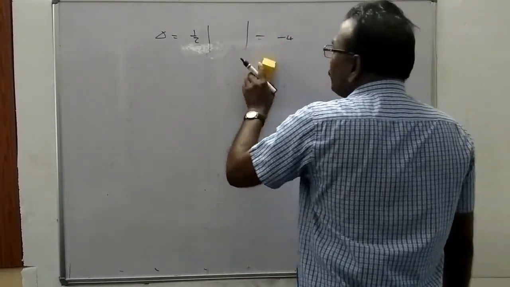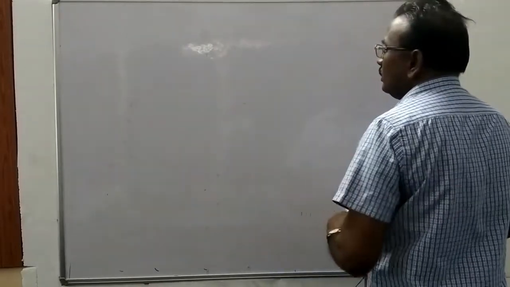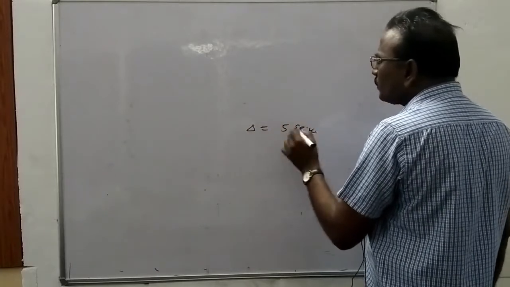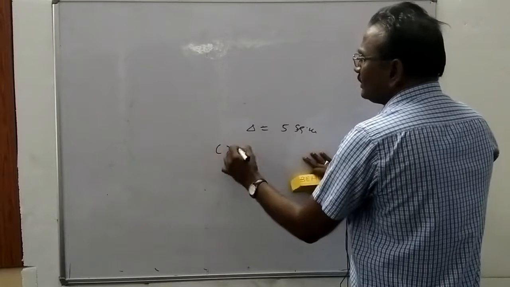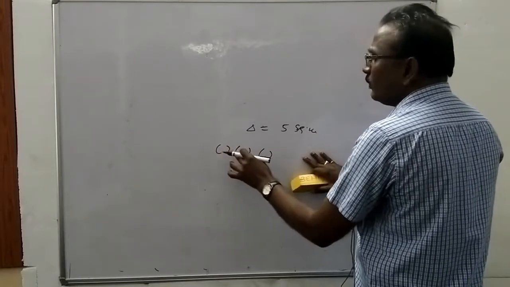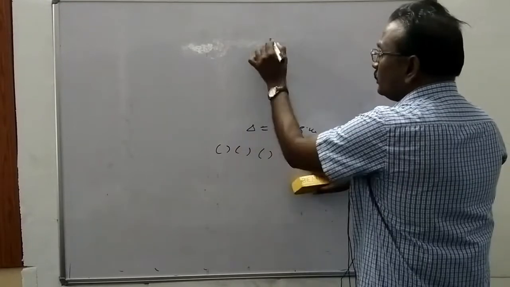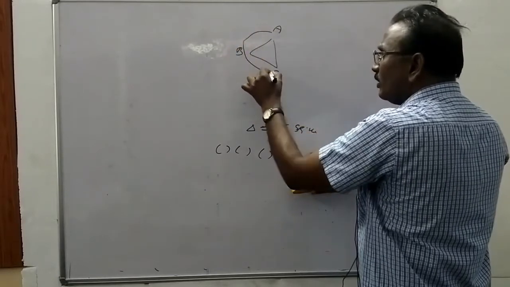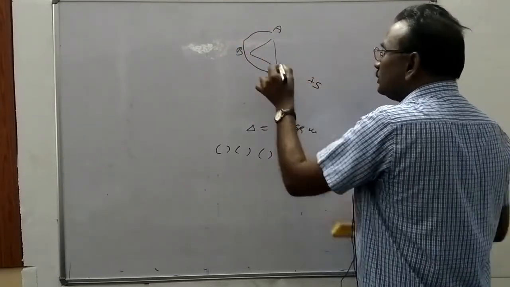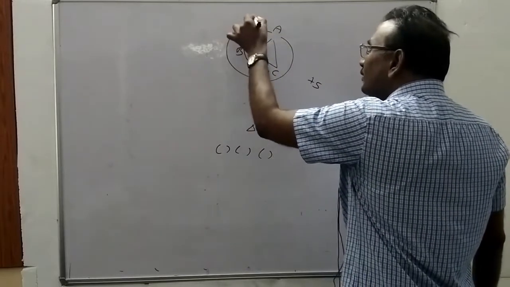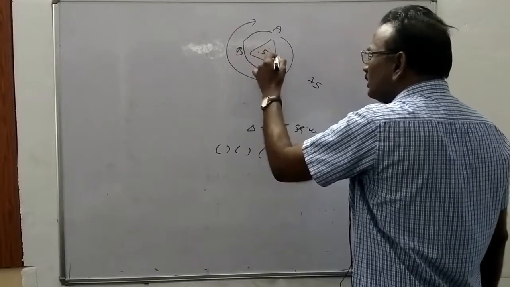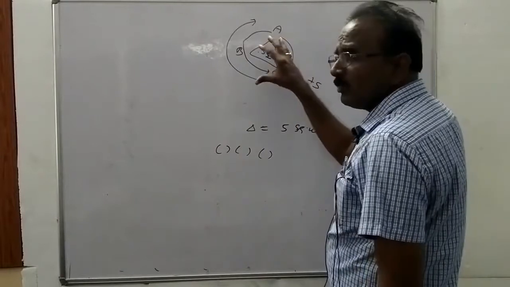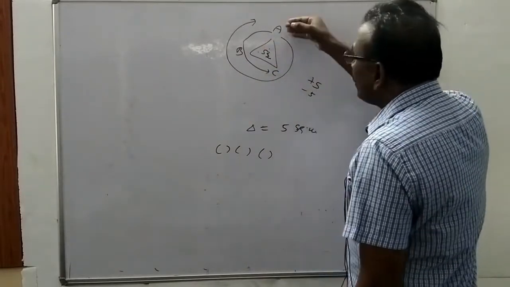Next, suppose the area is given, suppose the area of the triangle is 5 square units. Whenever the area is given, the vertices of the triangle are x1 y1, x2 y2, x3 y3. Suppose this is the area of triangle ABC. If we take it in this direction, the area of triangle ABC is the positive value +5. In this direction, the area of triangle ACB is the same fixed 5 square units. If we take the opposite direction, it becomes -5, but the area is always positive.